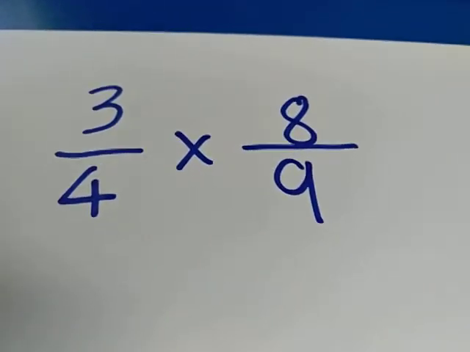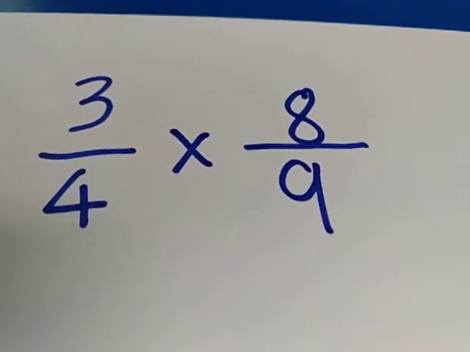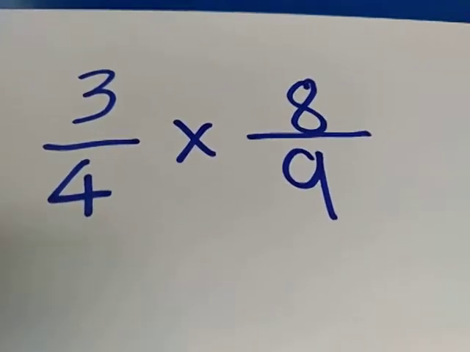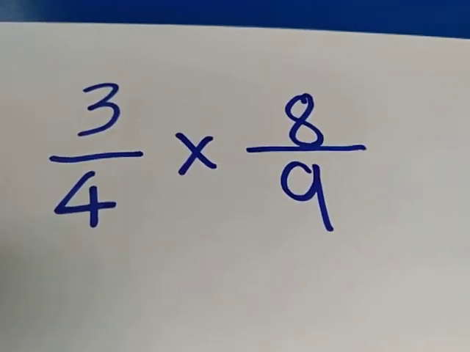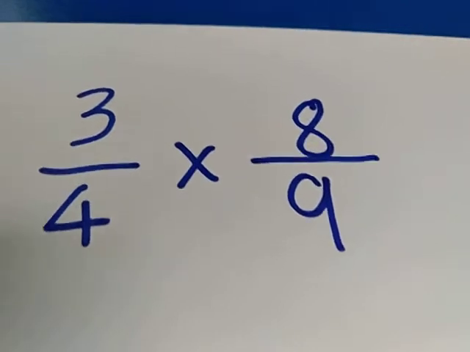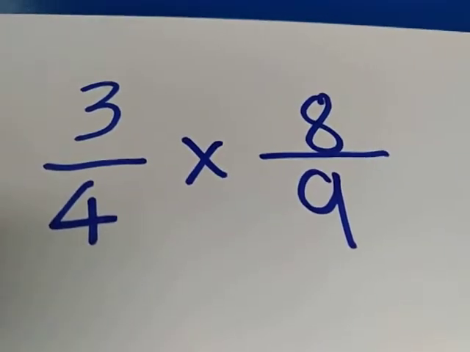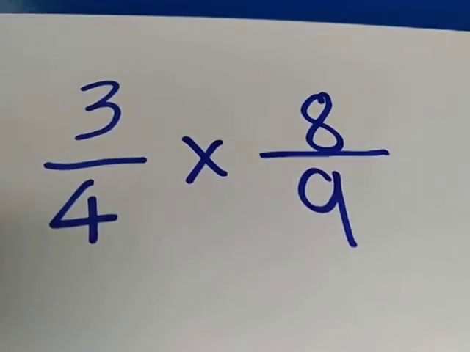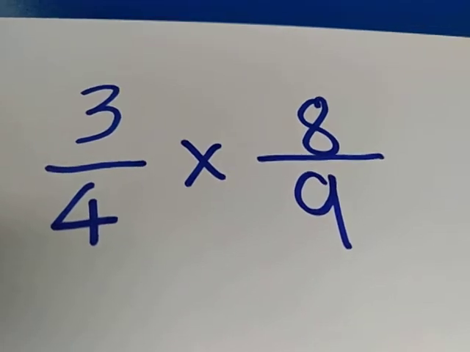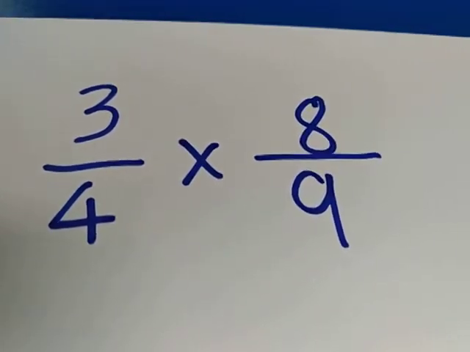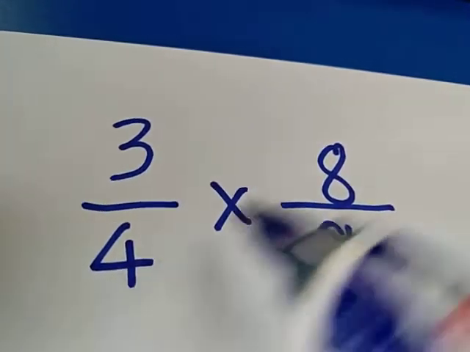Okay guys, here's a short video to remind you how we do cross-cutting when we're multiplying our fractions. Okay, so in this problem we've got 3/4 multiplied by 8/9, and before we start our multiplying we can check